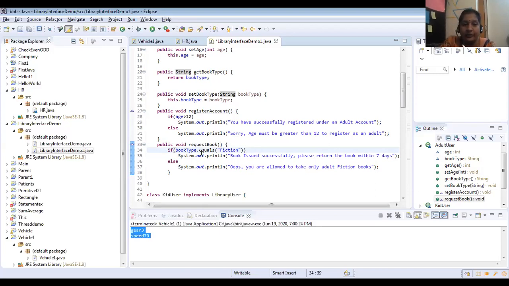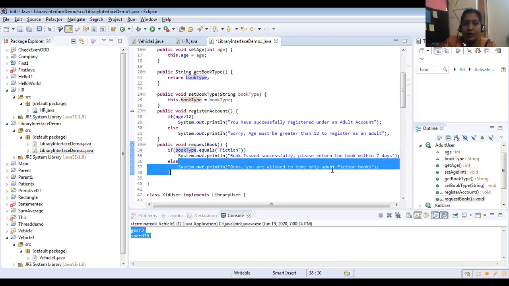Dot equals of method means if my book type is fiction and it is equal to fiction, f and f, i and i, it will compare each and every character and it will give you the result either true or false. If my book type is fiction and this is also fiction, it will print book issued successfully. If suppose my book type is small f, I have given that fiction and this, then it will give you oops, you are not allowed.